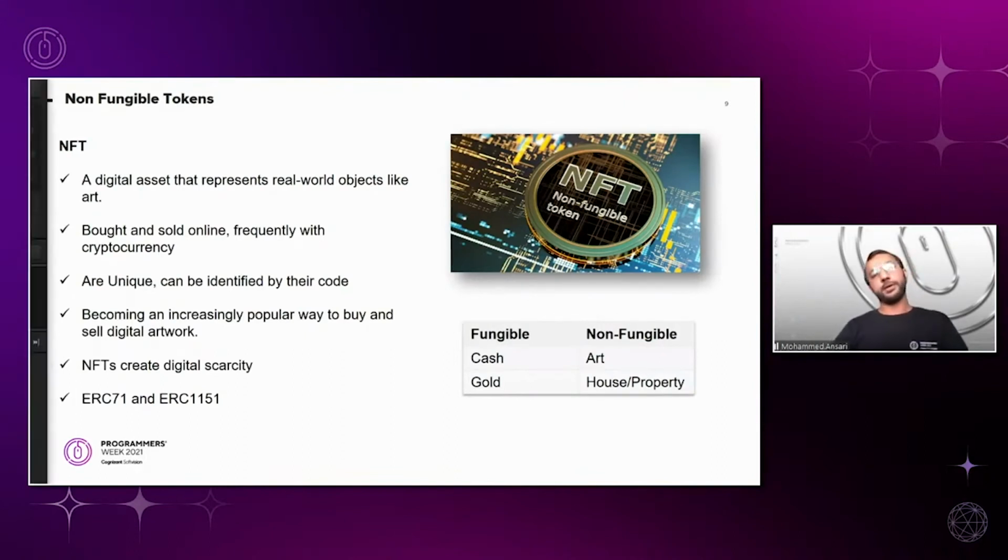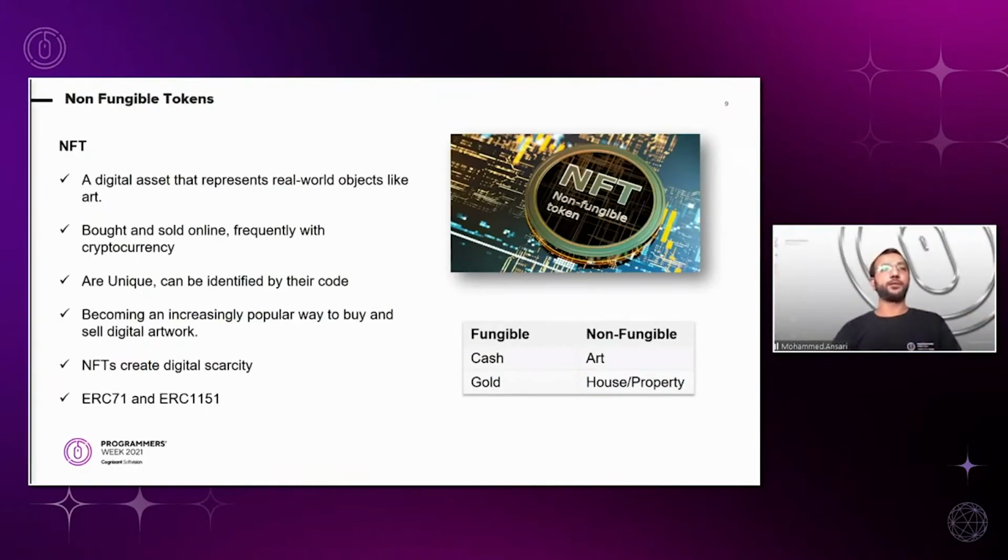Now, there's one important consideration here. The normal Ethereum token is based on a protocol called ERC20. And in order to be able to use non-fungible tokens, NFTs, we have to utilize the ERC721 and ERC1155 protocols of Ethereum. One of them allows us to create only NFT kind of tokens, and the other one allows us to create both NFT and non-NFT kind of tokens. I hope that makes sense. This is a little difficult topic to understand.